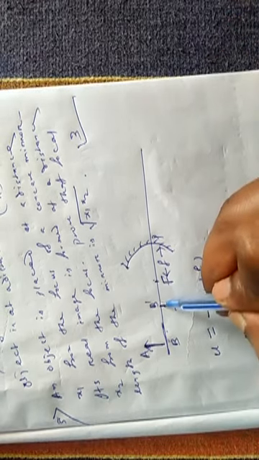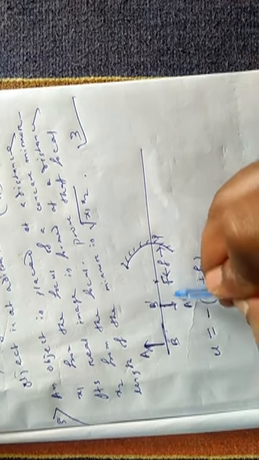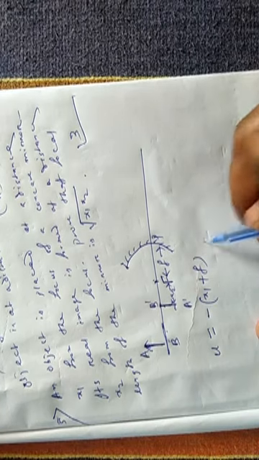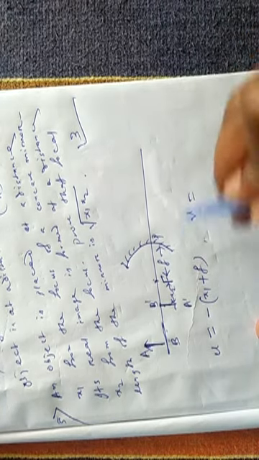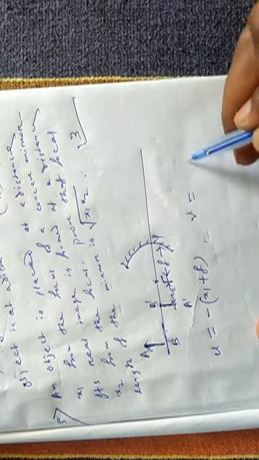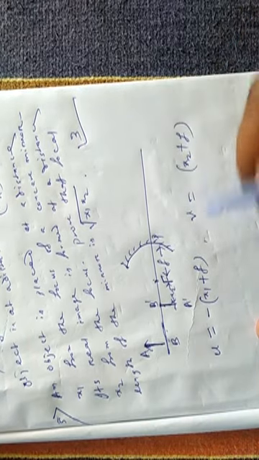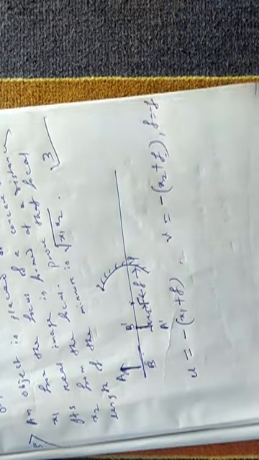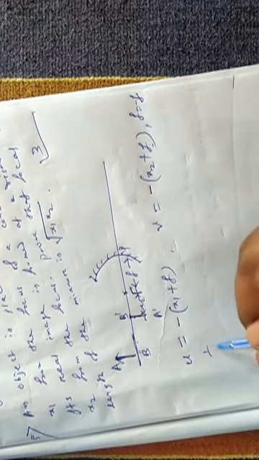The image is obtained at a distance x2 from the focus. B dash f is equal to x2. So what is image distance? V is equal to PB dash, x2 plus f. And here, real image, that is negative, minus x2 plus f. And as you know, for concave mirror, focal length is negative, f is equal to minus f. So let us put in the mirror equation, 1 by v plus 1 by u is equal to 1 by f.